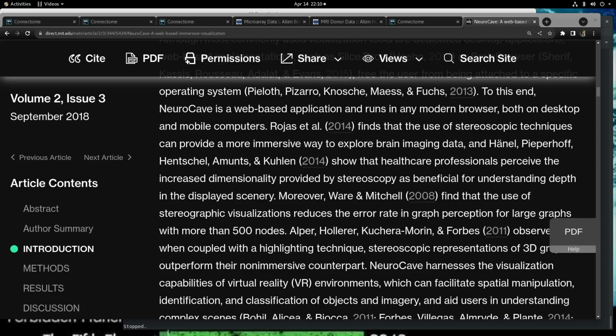Rojas et al. 2014 finds that the use of stereoscopic techniques can provide a more immersive way to explore brain imaging data, and Hänel, Pieperhoff, Hentschel, Amunts, and Cullen, 2014, show that healthcare professionals perceive the increased dimensionality provided by stereoscopy as beneficial for understanding depth in the displayed scenery. Moreover, Ware and Mitchell, 2008, find that the use of stereographic visualizations reduces the error rate in graph perception for large graphs with more than 500 nodes. Alper, Hollerer, Kuchera-Morin, and Forbes, 2011, observe that when coupled with a highlighting technique, stereoscopic representations of 3D graphs outperform